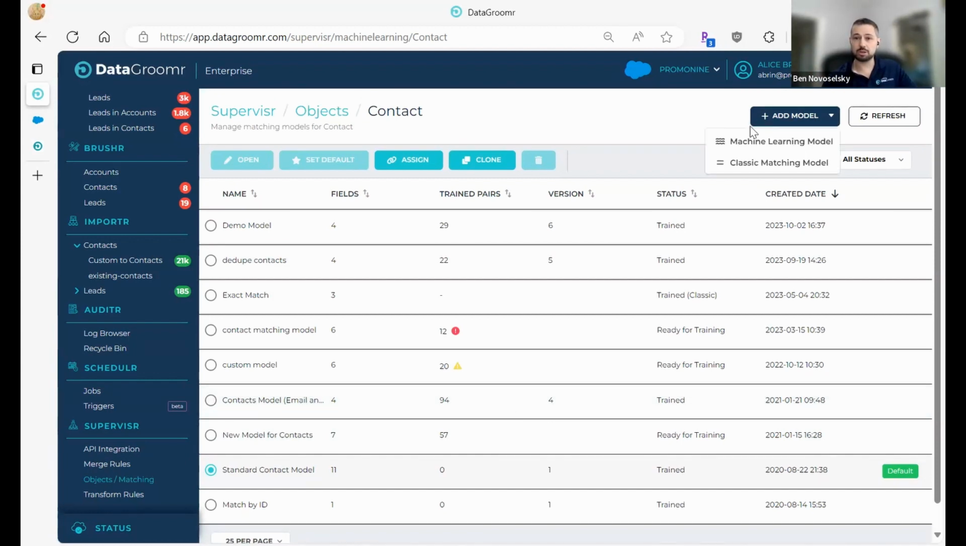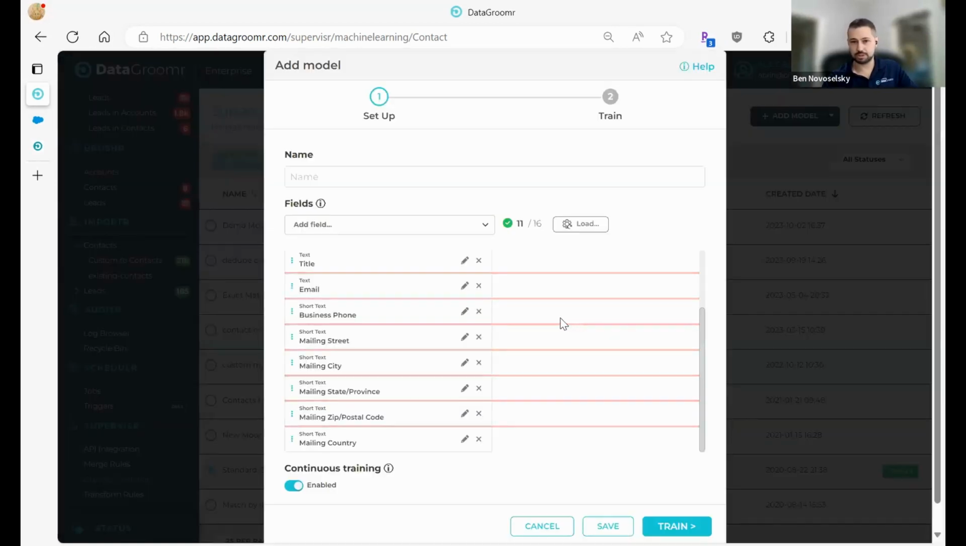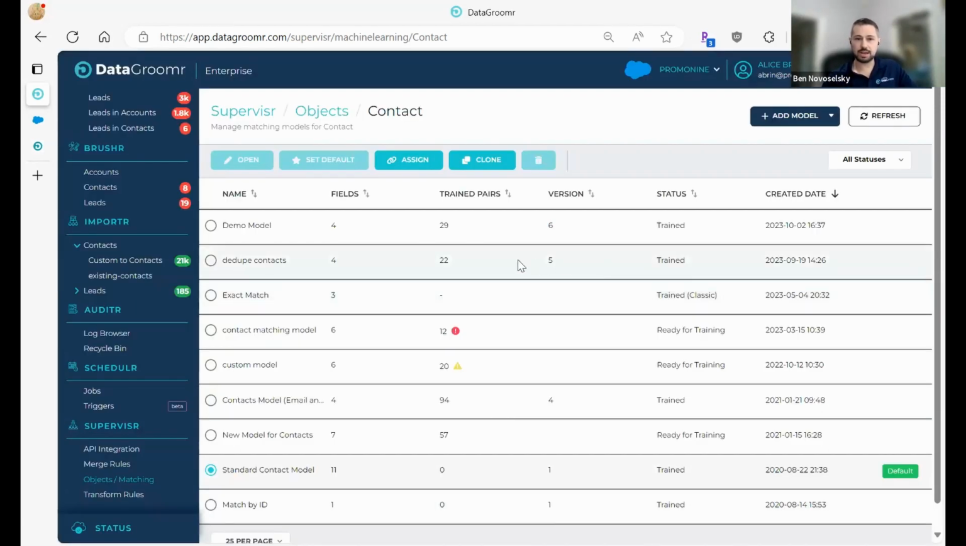And it's very simple. You can just select the fields that you want the algorithm to look at. So I'll just use some of the same fields that we use in DataGroomr by default. And then we ask you to train the model. And by training, we mean giving examples of what's a duplicate, what's not for your organization. Sometimes you may be interested to use some custom fields or have specific criteria of what is a duplicate, what's not. So after I click training,